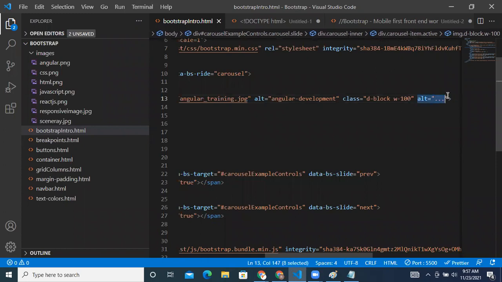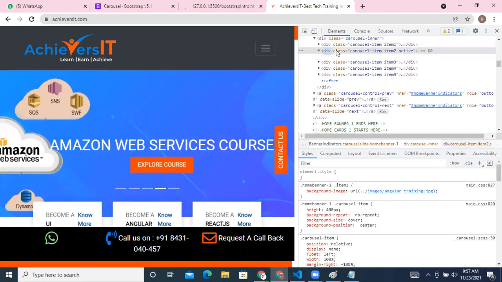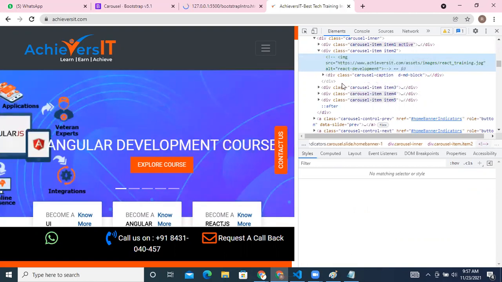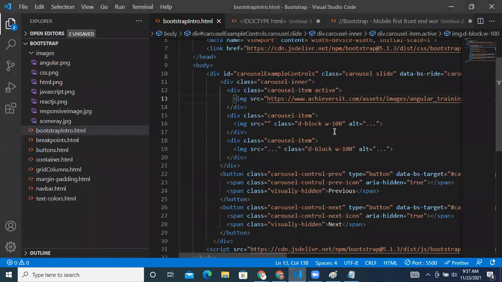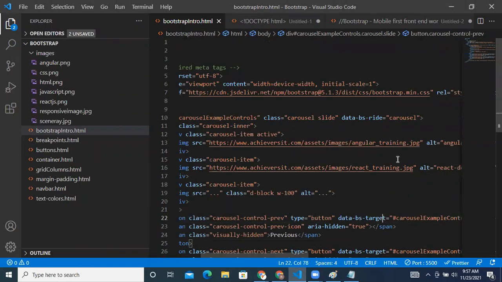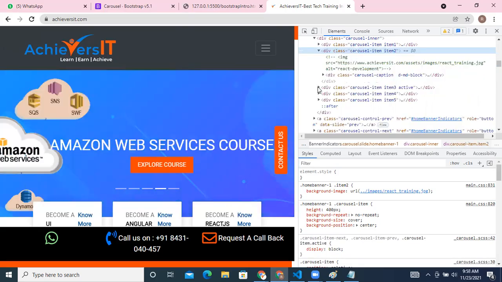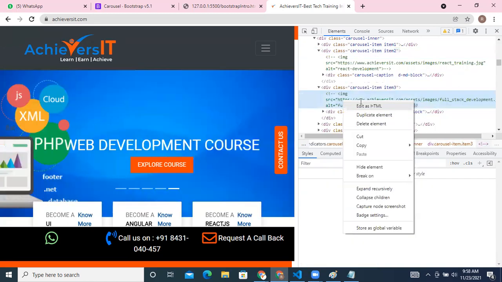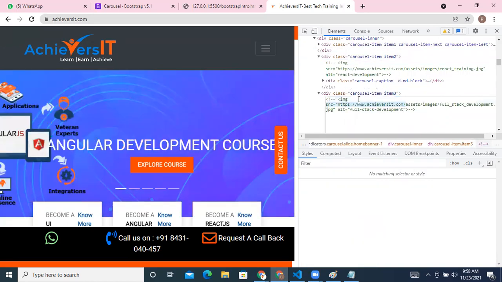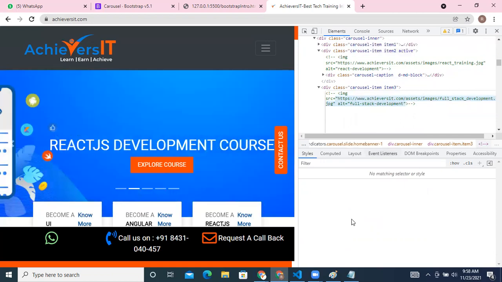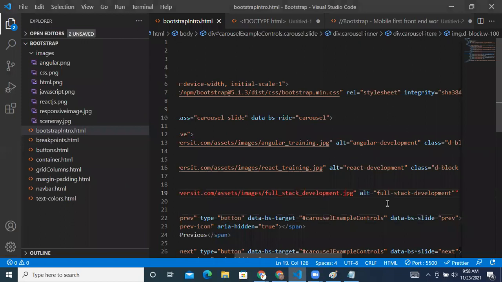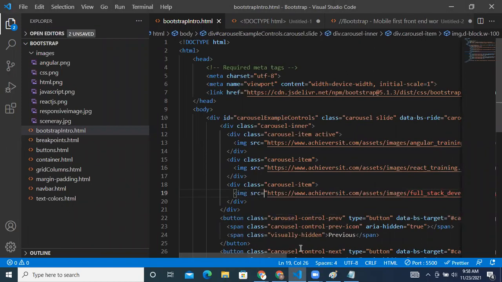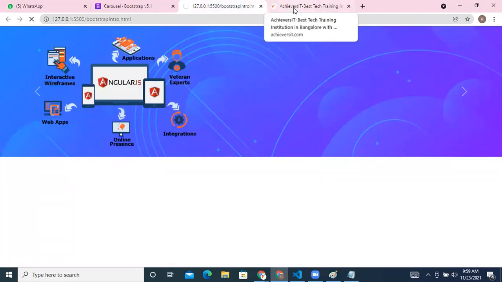We'll take one more, and item 2, and this is item 3, for full stack. So this is what I took here.